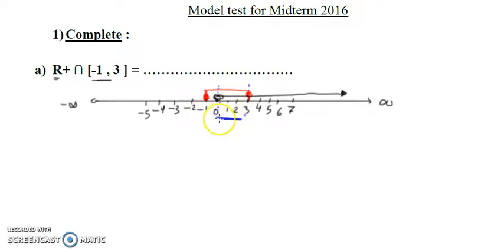So the intersection interval is 0 and 3. 3 is closed because 3 exists in the first and the second interval, and 0 is open because it did not exist in the first but exists in the second, so it will not exist in the intersection interval. Hope it will be clear. And the next question is